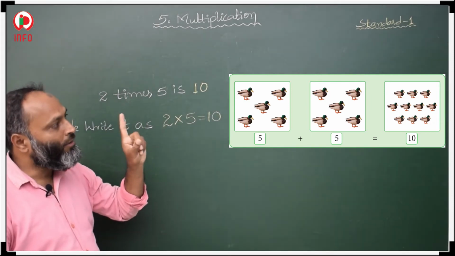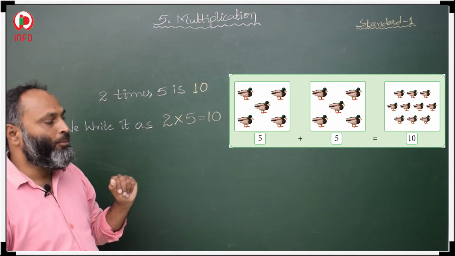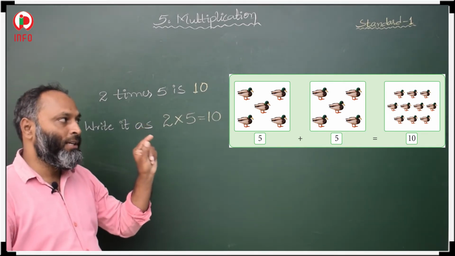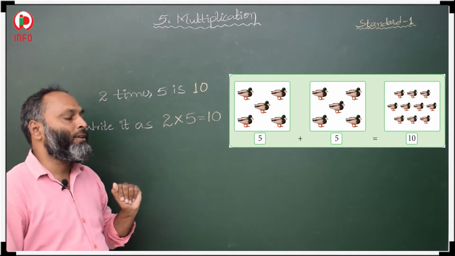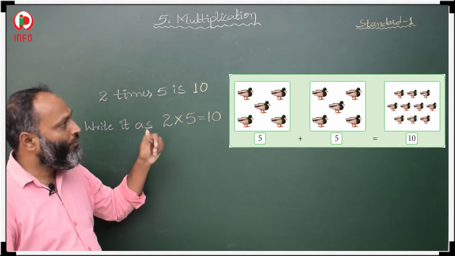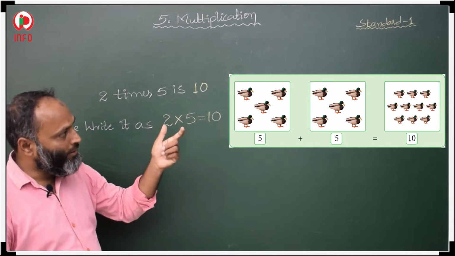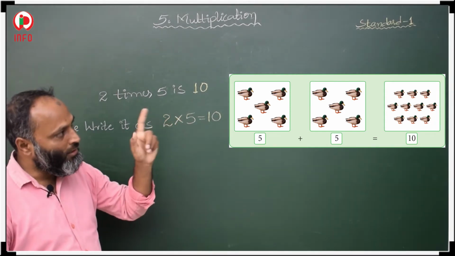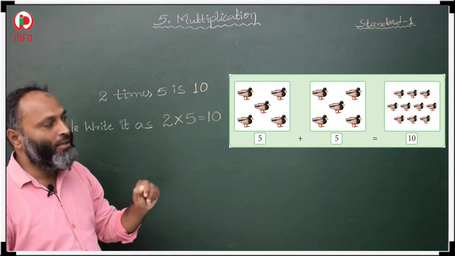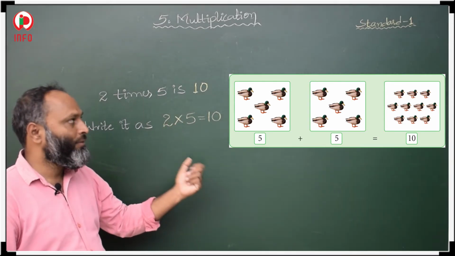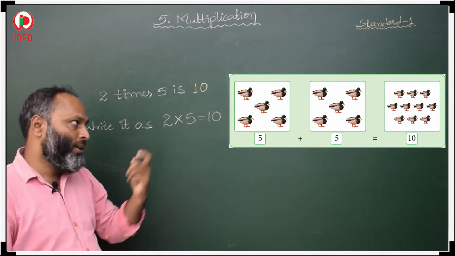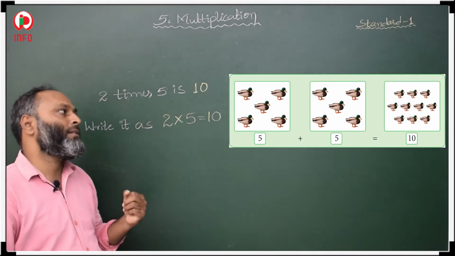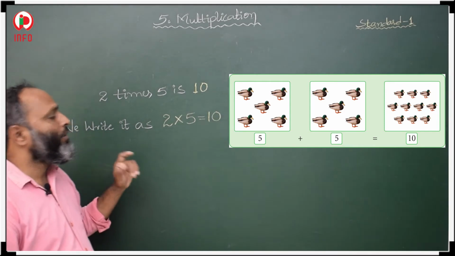And after that, you count all how many ducks are there in total. 1, 2, 3, 4, 5, 6, 7, 8, 9, 10. Total 10 ducks. So, in the first group we have 5 ducks, in the second group we have 5 ducks, and the final total is 10 ducks. So write 5 ducks below the first group, 5 ducks below the second group, and after that 10 ducks. Then how to write in words?